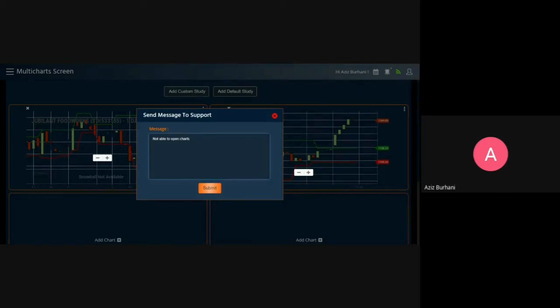If you have an issue, you can maybe use 2-3 lines. Not a problem. You can submit, and our support staff will get your message, and we will definitely address the issue. So this is one more way of reaching us. You can send a message to support, and we will get back to you whenever you have an issue with anything regarding the software or the charts or anything for that matter.